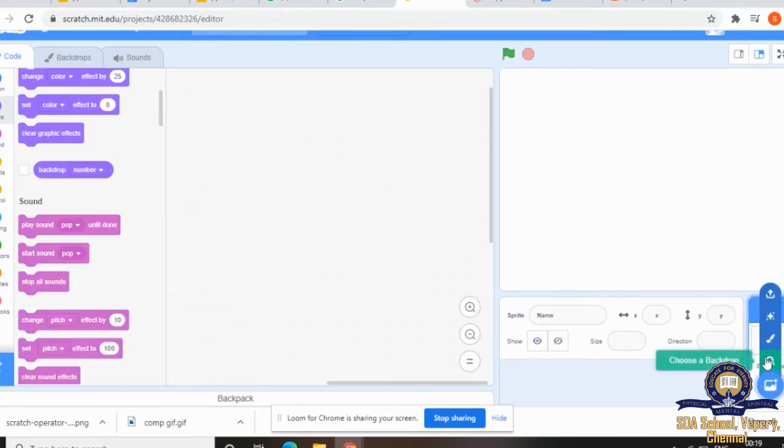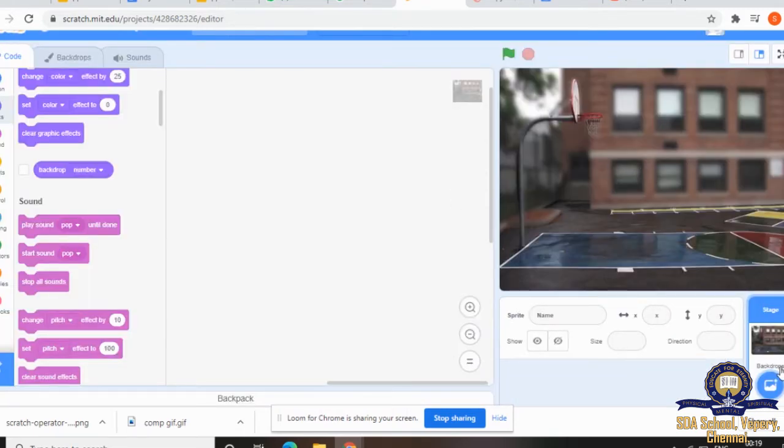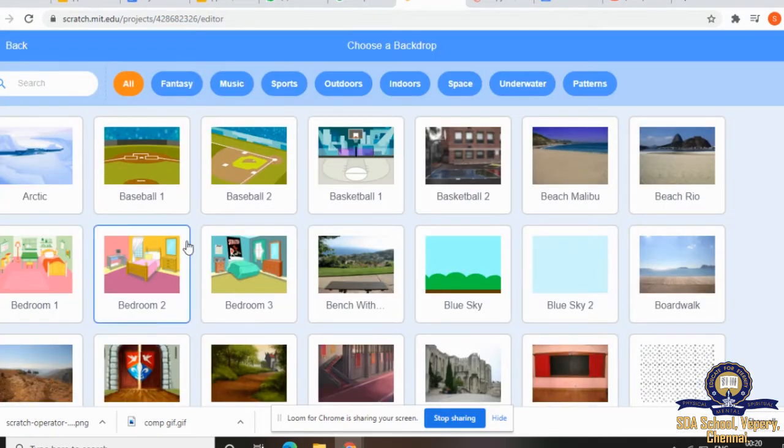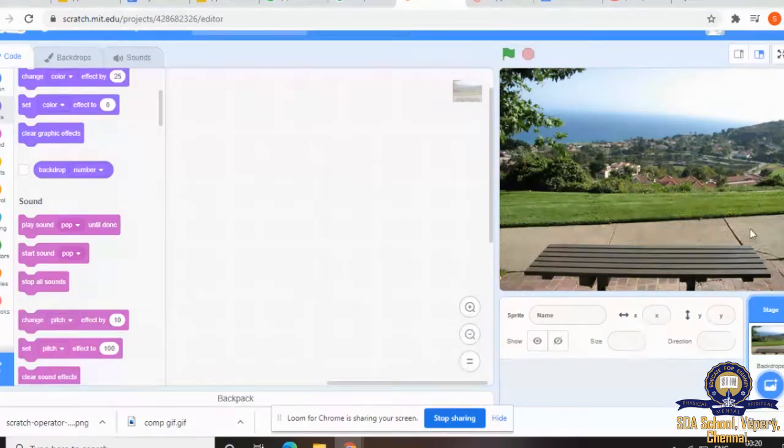I'm going to create a new backdrop first. Simply, I've just given a basketball court. Then I'll select another, a bench. After playing they are going to take rest, so that is why I selected this one.